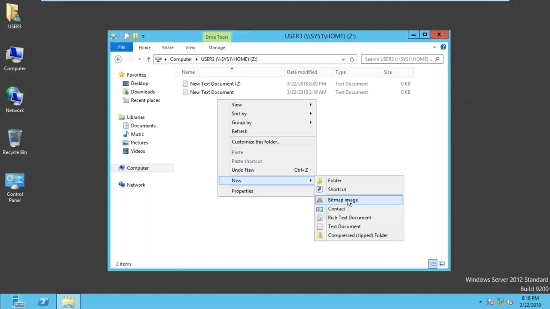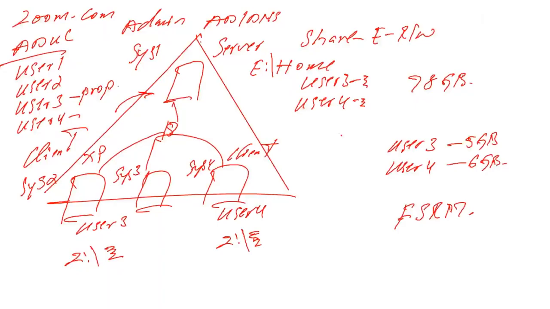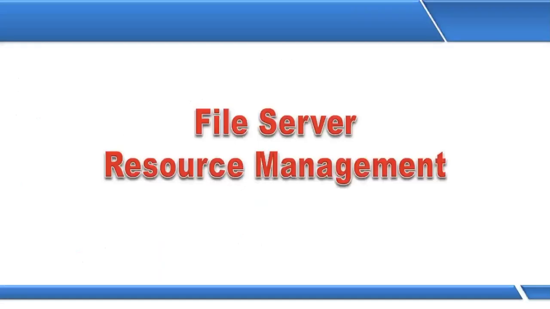So please write down the heading, today's topic: File Server Resource Management. In short, you can say FSRM also. Please write down one point there: FSRM service